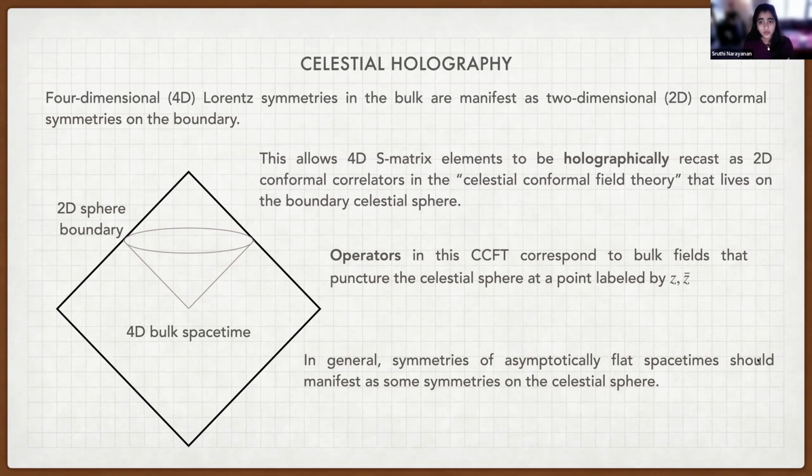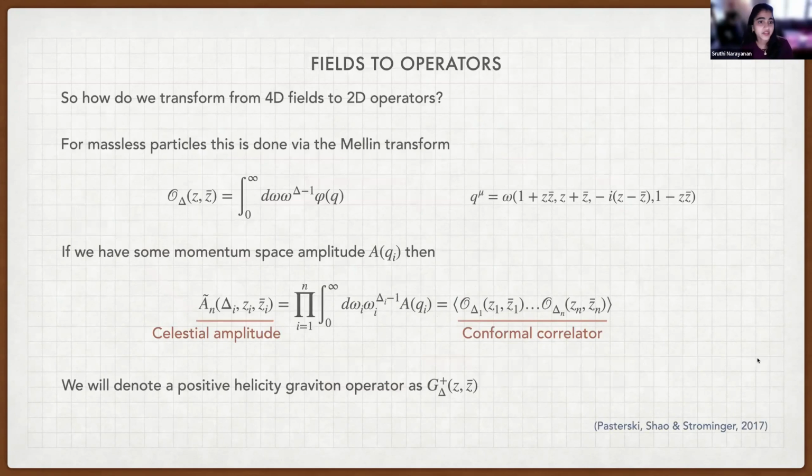So how exactly do we do this? What's the math behind this? We want to transform 4D fields to 2D operators. And for massless particles, which is what I'm primarily concerned with in this talk, this is done via a Mellin transform. So I have a field phi of q, which is just some bulk quantum field, and its energy is omega, and I do a Mellin transform in the energy, and I get some operator on the celestial sphere